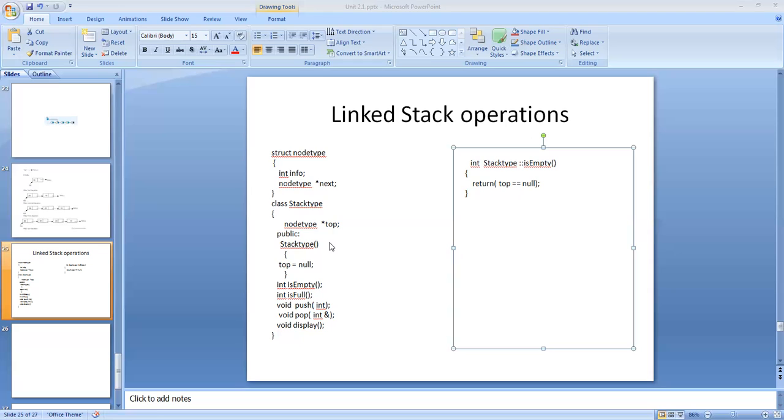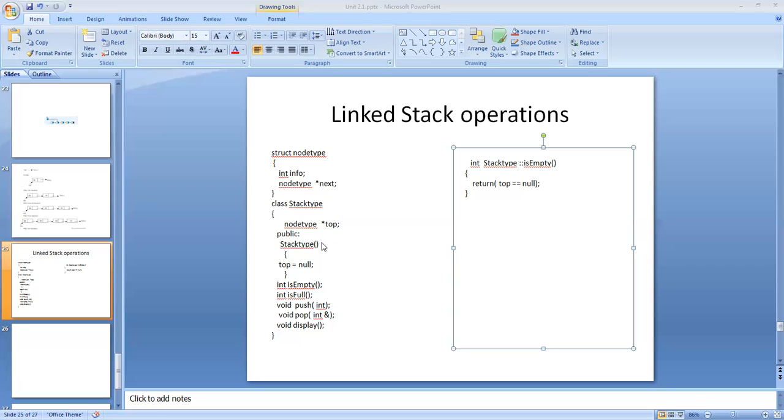So our linked stack too will have an external pointer. I call that pointer top. Now this top is a pointer variable. It will always point to the node having the topmost stack element.